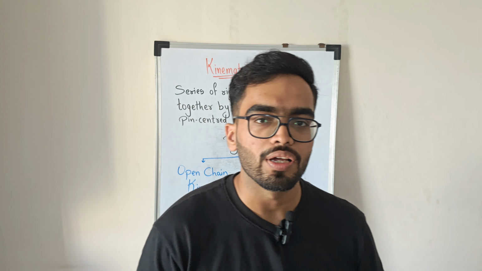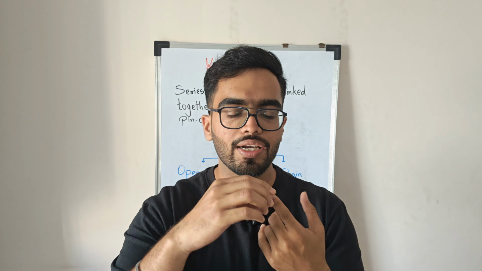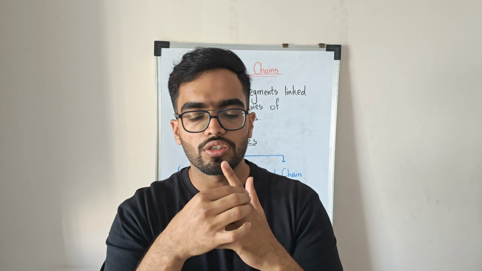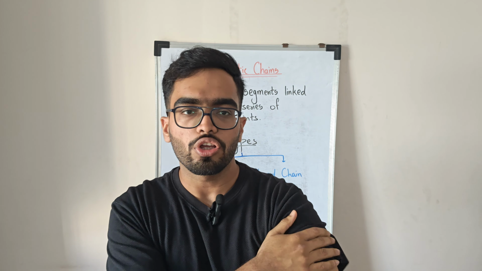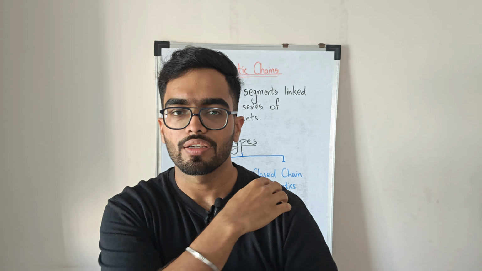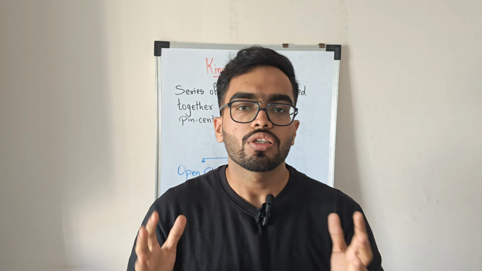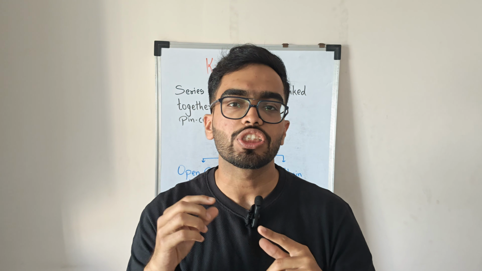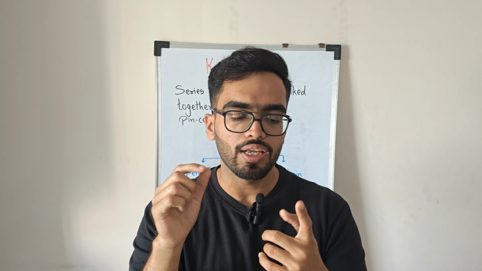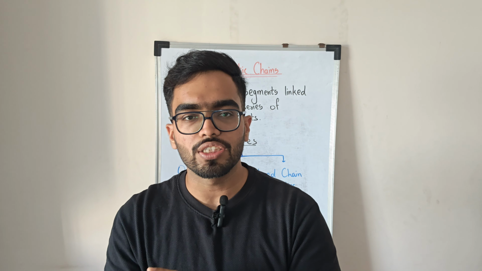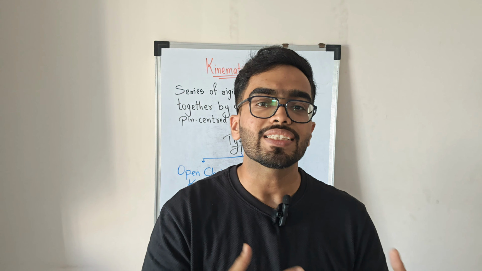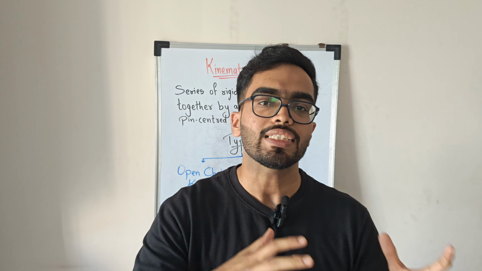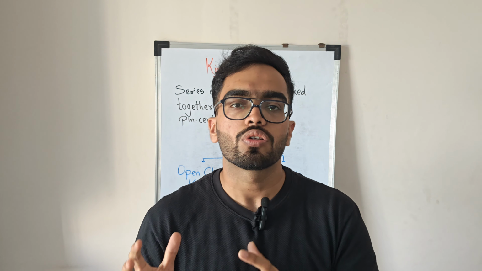So let's take an example of the upper limb. So we have our distal phalanx, middle phalanx, your proximal phalanx, your metacarpals, carpals, radius ulna, your humerus, and your shoulder blade. Okay, that is scapula. So all these are your segments which are joined together by the various joints. These are the distal IP joint, proximal IP joint, metacarpophalangeal joint, your wrist joint, elbow joint, shoulder joint. All these are the pin centered joints which join the various segments in the body, and these together form a